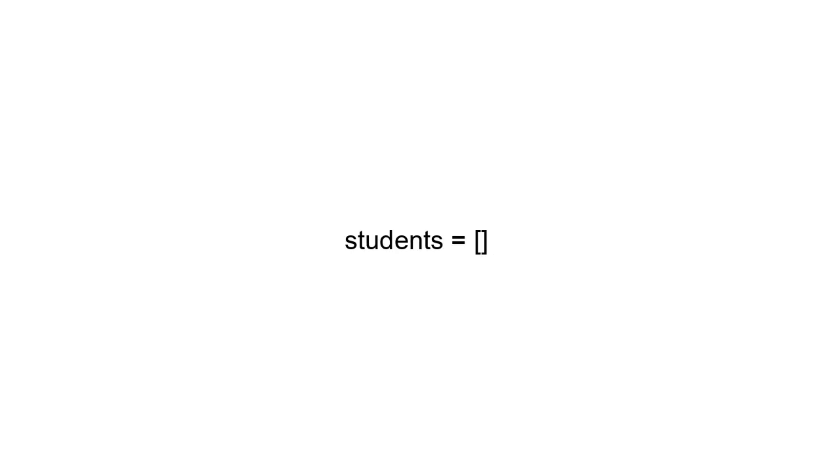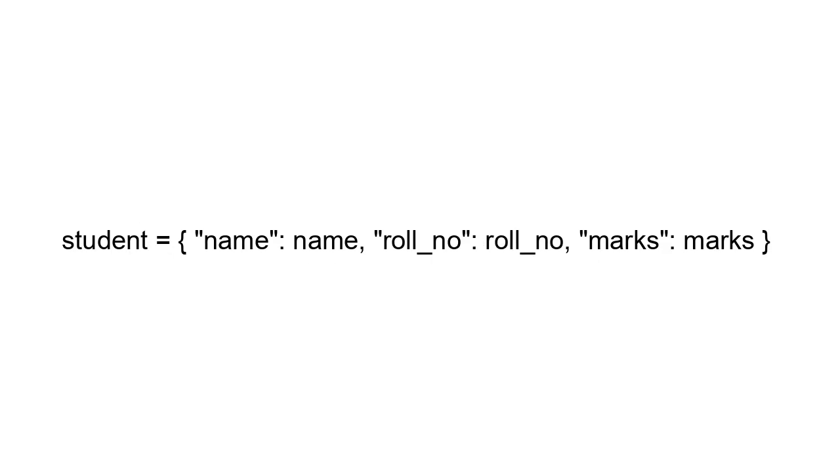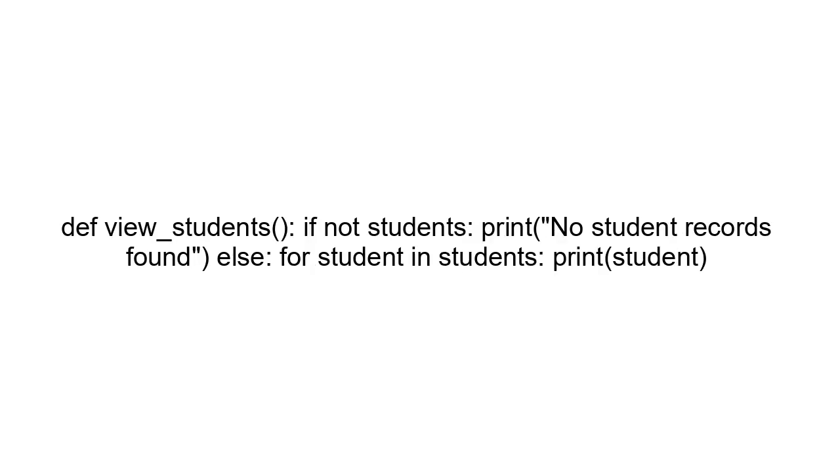Improved menu-based student management system. A more realistic version includes a menu. students = [] def add_student(): name = input("Enter student name: ") roll_no = input("Enter roll number: ") marks = input("Enter marks: ") student = {"name": name, "roll_no": roll_no, "marks": marks} students.append(student) print("Student added successfully") def view_students(): if not students: print("No student records found") else: for student in students: print(student)